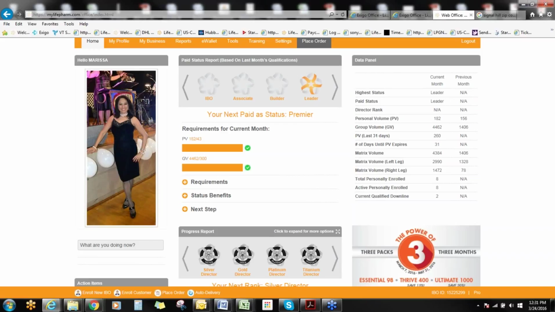This also states your personal volume when you've made your monthly purchase order and the volume that you have for yourself. Also, if you look below that, there's the group volume. So GV, or group volume, stands for your personally enrolled only. Or you might hear it being called your generational volume. That is your personally enrolled only, and that's the volume for them. The PV lasts 31 days. This is just a reminder to you